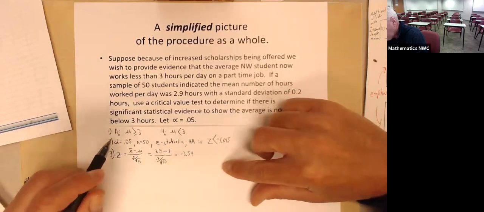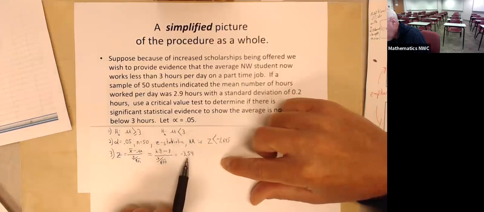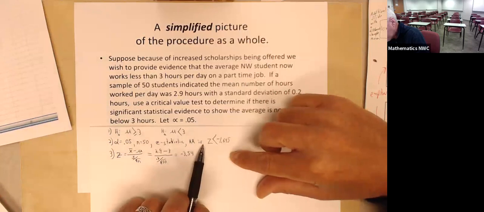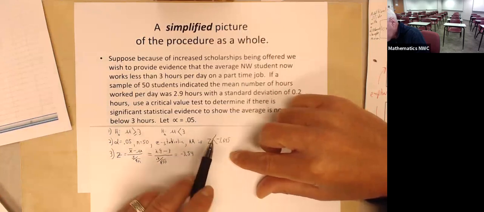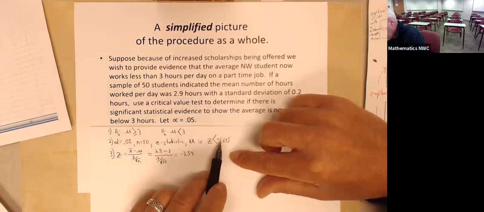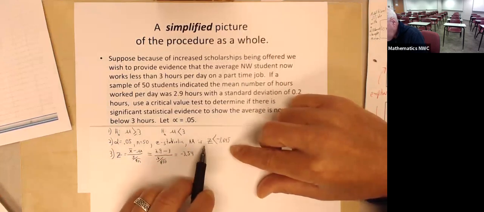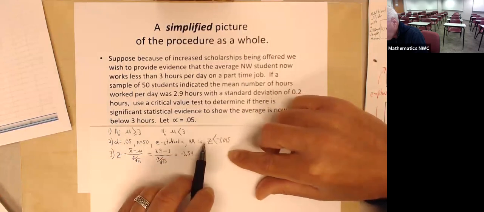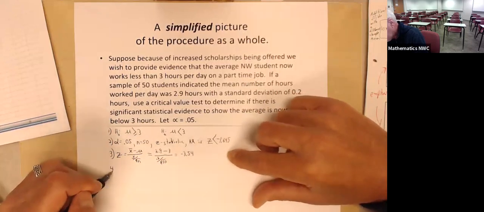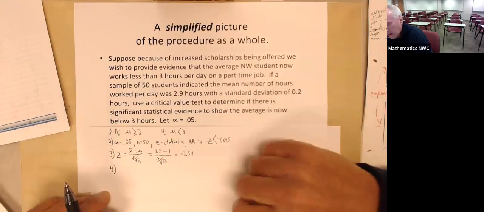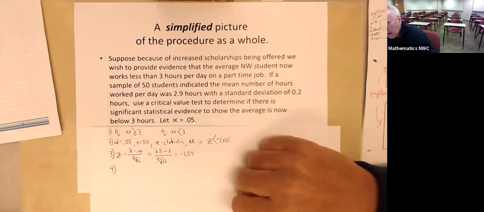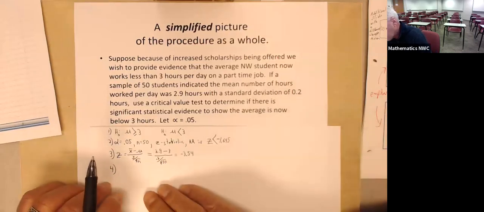That's our step 4. But notice how I made the decision. I took my z-score and I compared it to my rejection region. Because this z-score, this z was less than that number, it was in the rejection region. It went over our line. So here's my conclusion. Watch how I'm going to write it out now, because there's some really important terms that we should use.